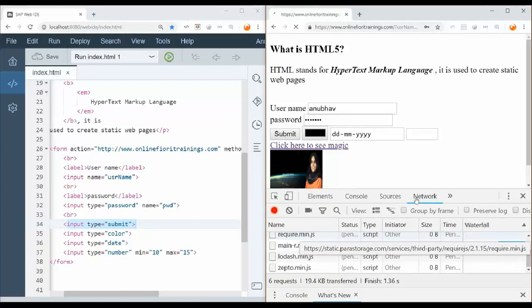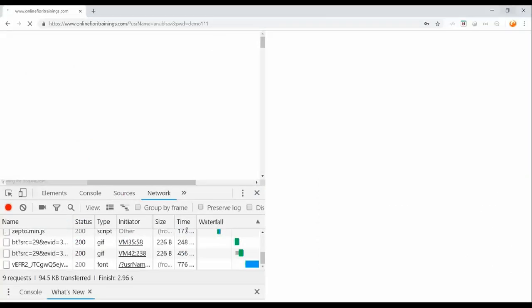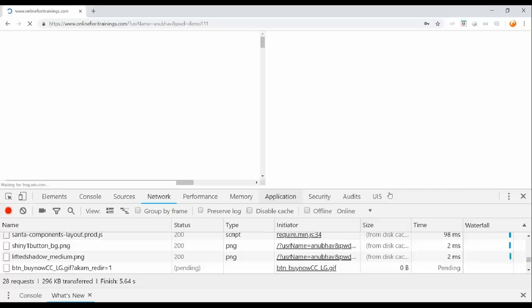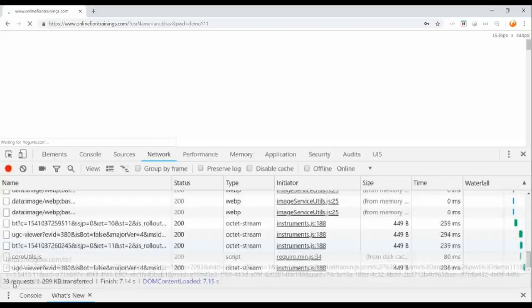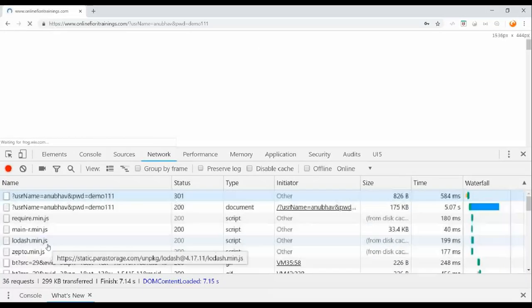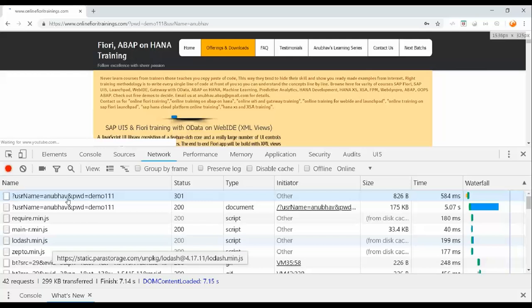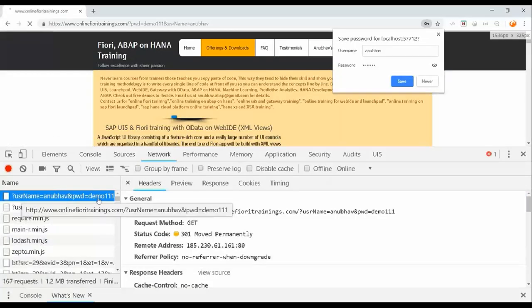Can you see the network call which server the client is making? All the continuous calls which it's doing now. You see there are a lot of calls, and now you see guys, this is the call which we made. Can you see? Question mark username equal to Anubhav, pwd equal to demo 111. That's the call. You see this is the name of the field equal to the value,